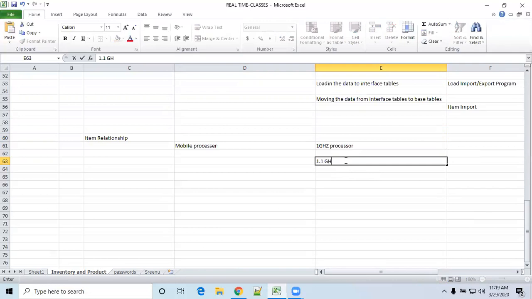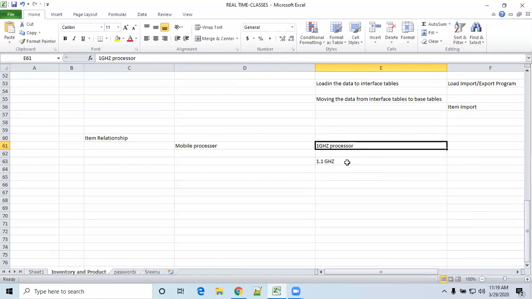So instead of waiting for this particular processor, they will use the 1.1 gigahertz processor in their production. Substitute means: the main item is not present, so to replace it we go for another item, called a substitute item.